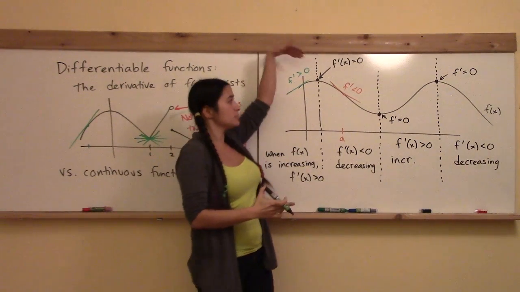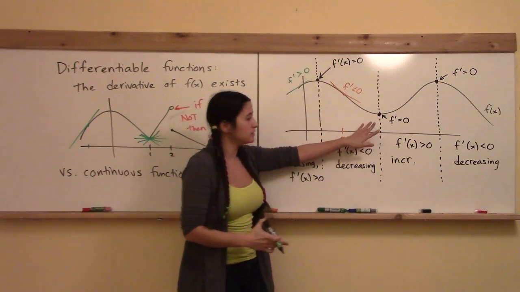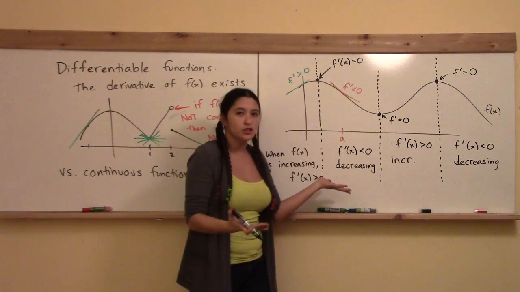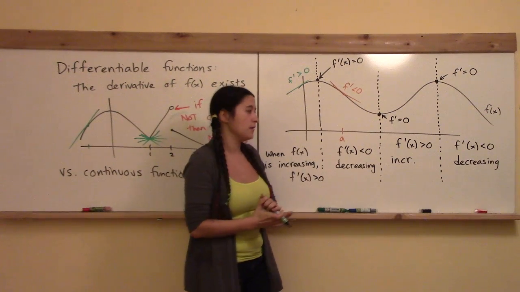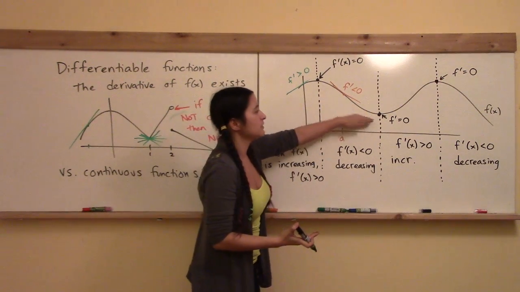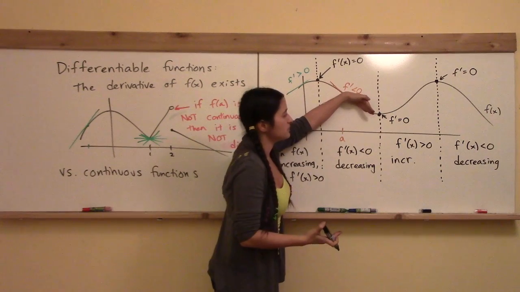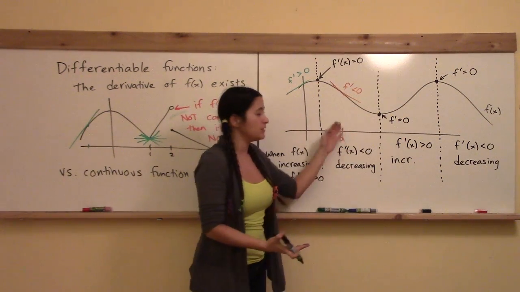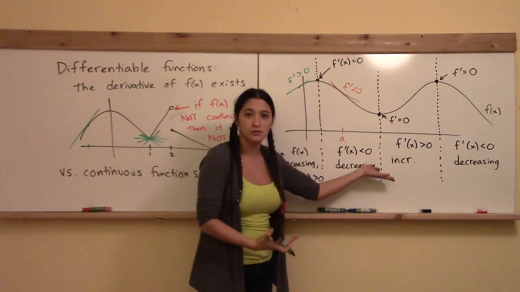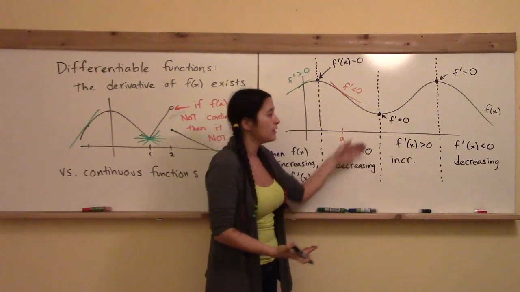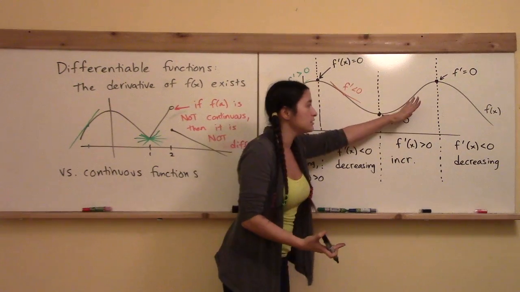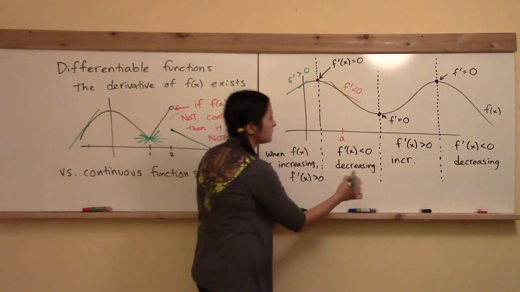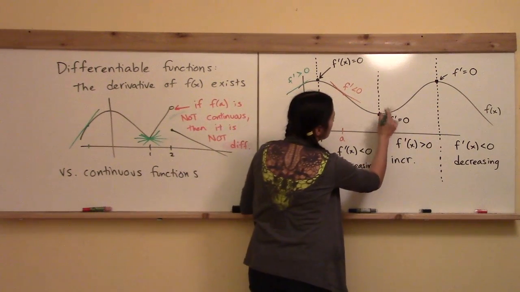Whenever your function hits a top peak, whenever your function hits its lowest bottoming out point like this, the rate of change stops for a minute and it hits 0. And that's because, like for instance over here, the rate of change f prime was negative, and then it turned to be positive. Well, how can a number change from negative to positive? It has to go through 0. Think about the number line. The only way to get a negative number to change into a positive number is for it to go through 0. Okay? And if we consider what the tangent line looks like at a point like this, it's going to